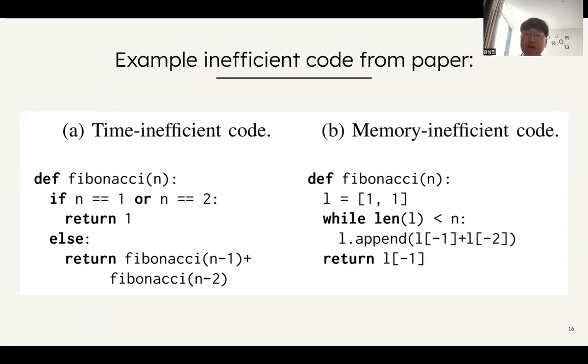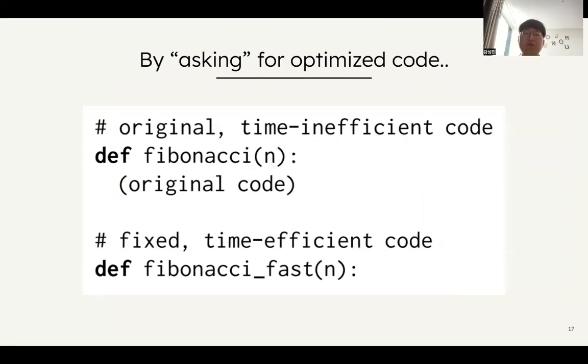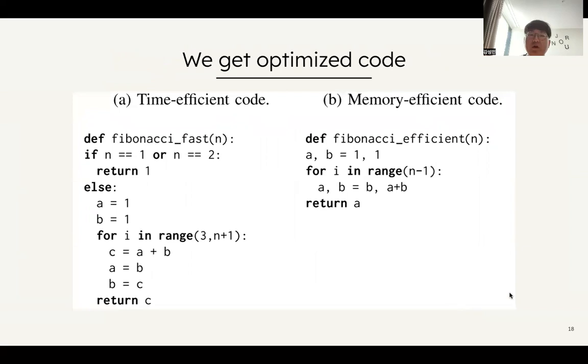On the right, you see memory inefficient code, which requires O(n) space to actually calculate Fibonacci numbers. Now, in our paper, we asked for optimized code using a simple prompt like this. So we would add a comment saying original time inefficient code, put in the original inefficient implementation, and then prompt the large language model to predict the fixed time efficient code, and had it autocomplete the rest of this document. And what it generated was some time efficient or memory efficient code where the inefficiencies from earlier were effectively